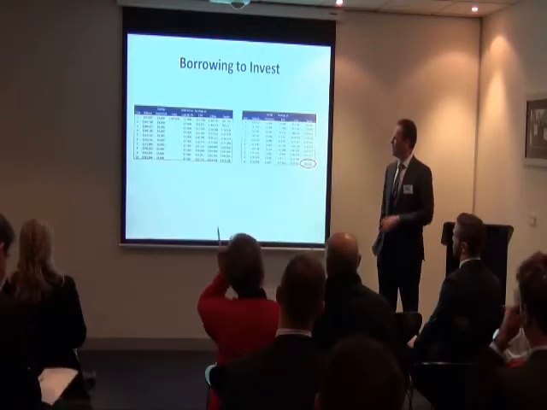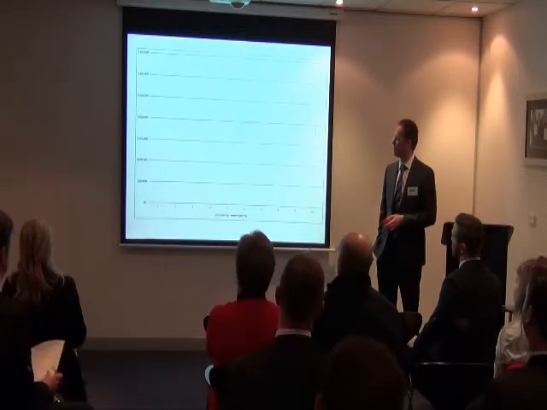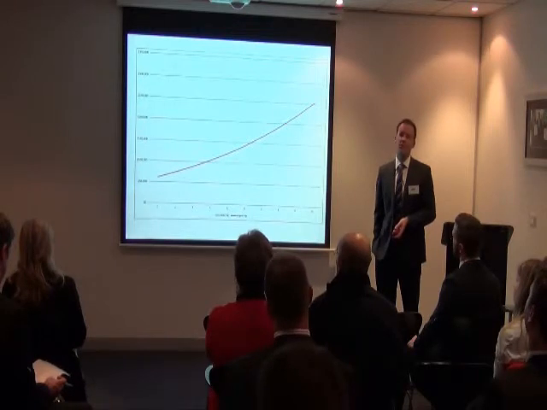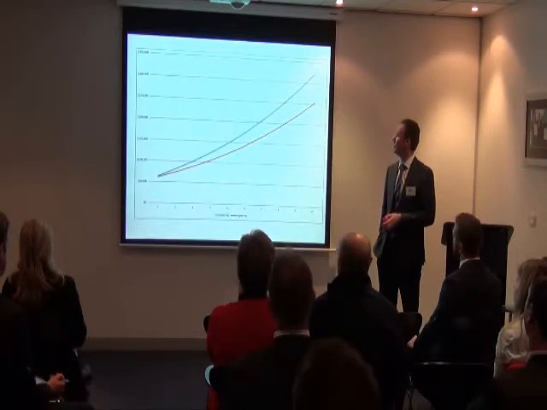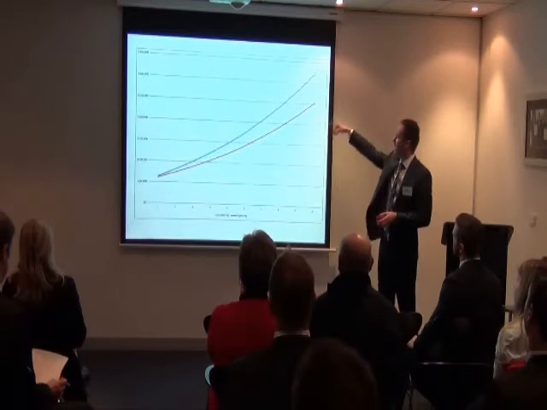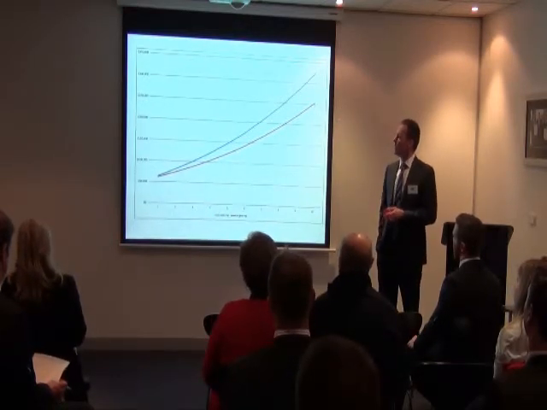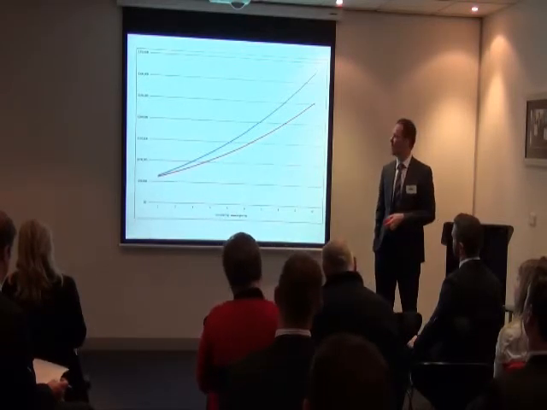Now, the numbers can get a bit confusing there. It's much easier to see on a graph. The red line here essentially shows the growth of $50,000 over 10 years, topping out at $250,000. Add in that borrowed money, and you can see the blue line well and truly outperforms the red. And as each year goes on, the gain gets more and more. So you can really see the value in this graph of borrowing to invest, as I said, over the longer